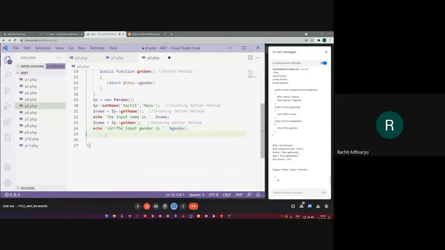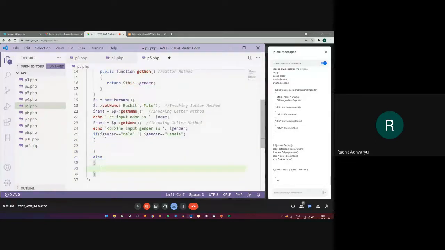Next thing what you need to do is check if $gender is equals to male, or two pipe signs $gender is equals to female, then you just need to print the messages.